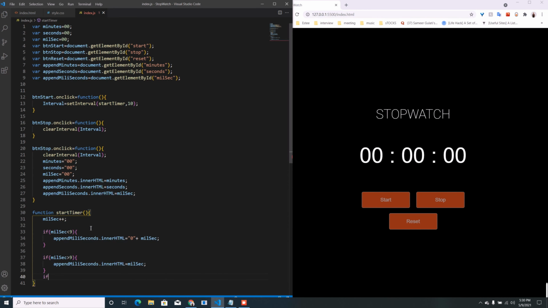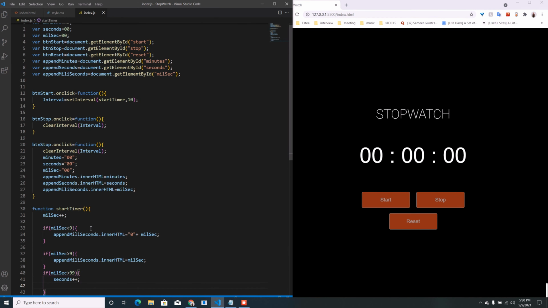And if it is greater than 99, that means we have reached 1 second. So we are going to first increment the second part. The second variable is going to be incremented every time millisecond is greater than 99, and then we simply append it to our HTML part. So this append will append the incremented value to our web page. Same preceding 0 and then the actual value of second.